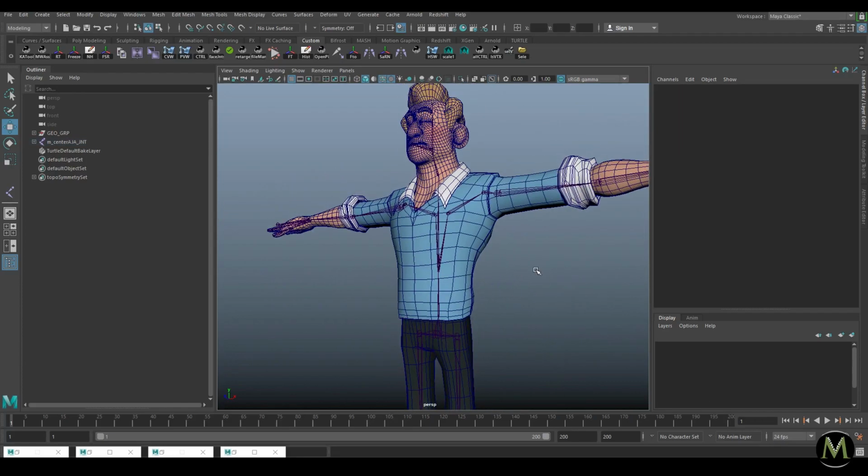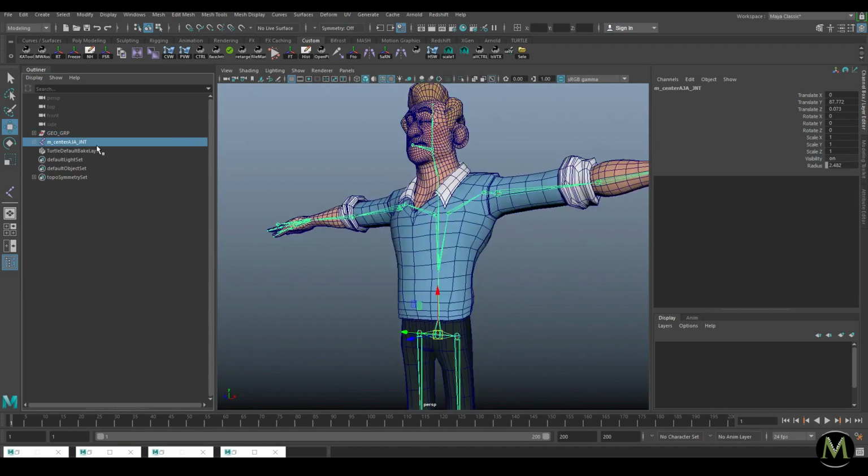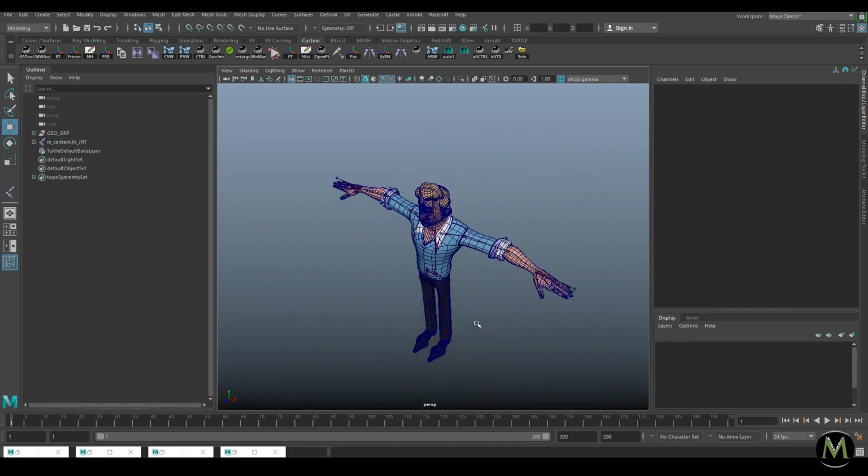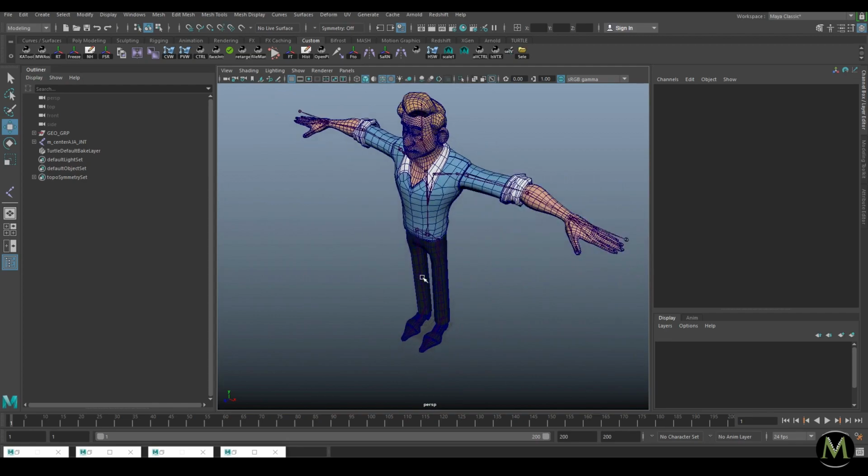Okay, let's continue. So what we're going to do now is start creating controllers. We have one hierarchy with geometry, we have one hierarchy with all our joints, and really nice and simple. So what we're going to do now is build one controller that we're just going to duplicate all over the rig. It's definitely the fastest to do it this way,